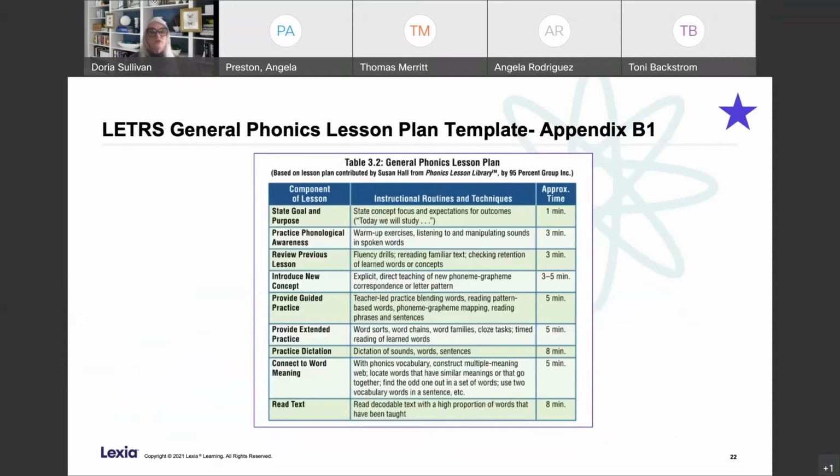Also, just putting it all together, we want to follow that intention routine. We want to follow almost a scope and sequence, if you will, for a phonics lesson plan. So here is a LETRS general phonics lesson plan template. It's a 45-minute roadmap outlining some key components of a phonics lesson to support our